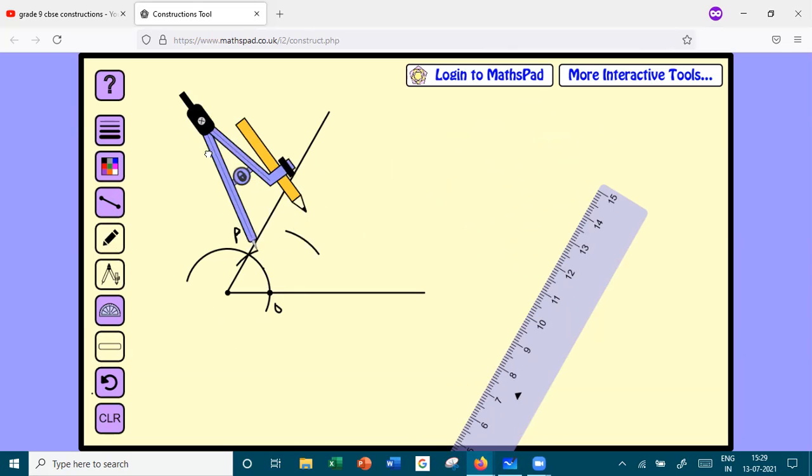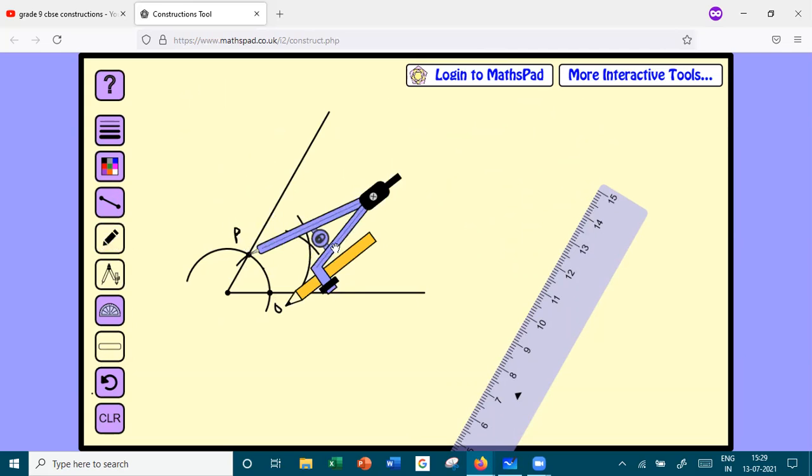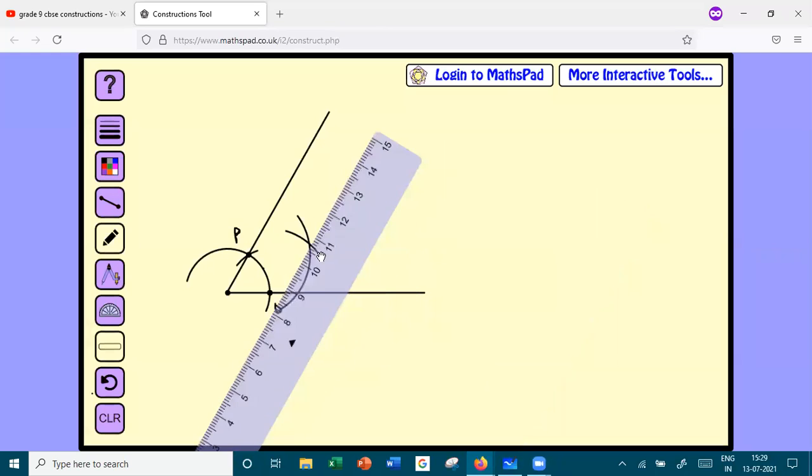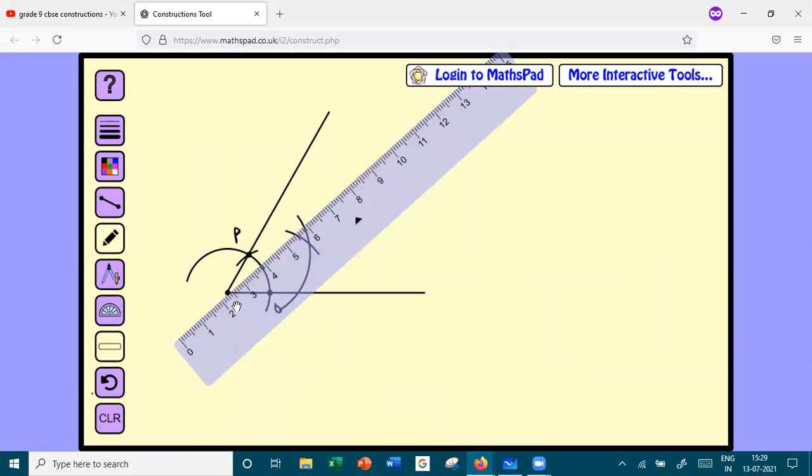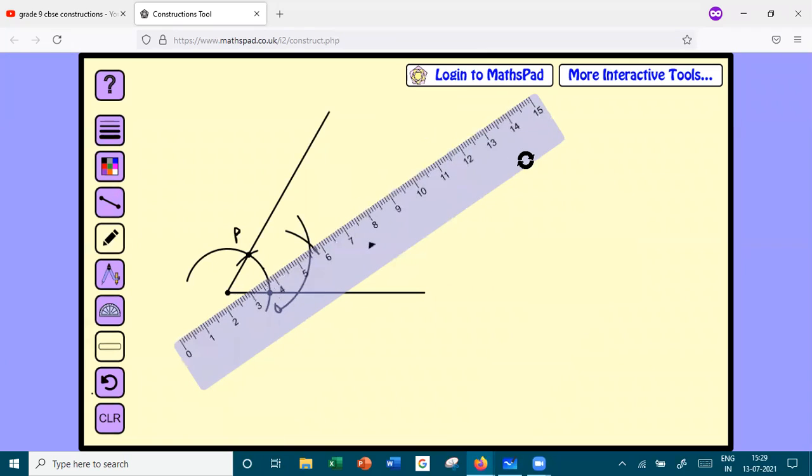You keep it at P. So the radius has to be greater than half of OP. It can be anything, right? Just greater than half of that, not less than that. So now I keep it here and I also draw an arc here, right? Ma'am, it can be the same, right? Yeah, it can be more also, because usually we take more so that the intersection doesn't come very close by. So now you can,